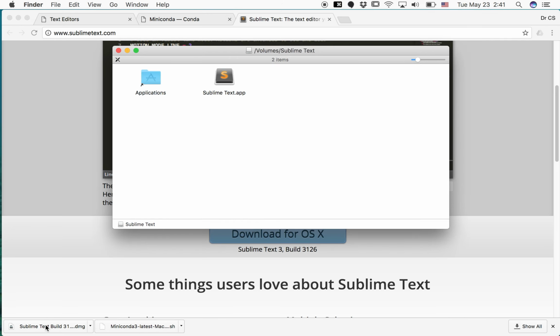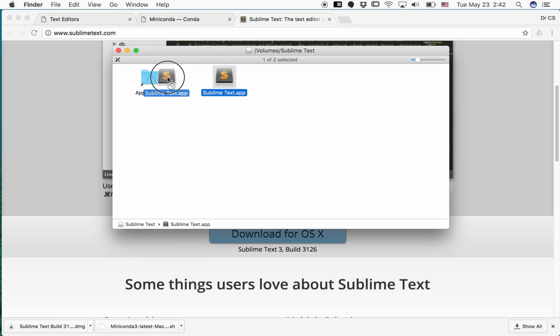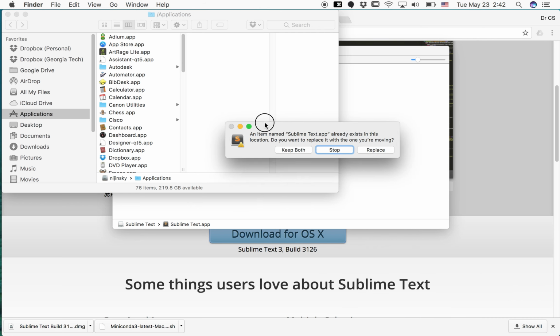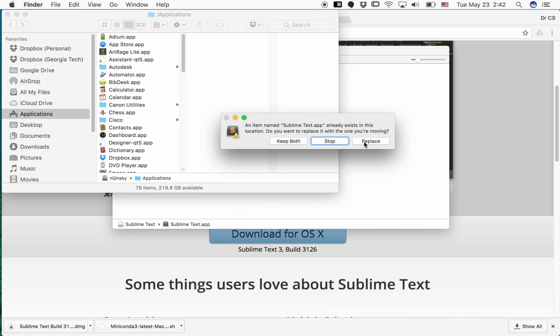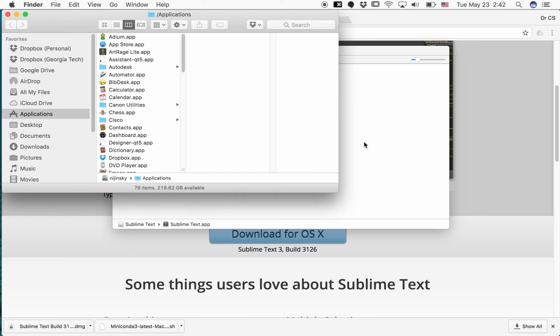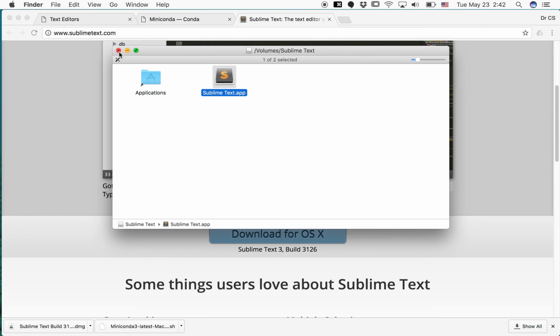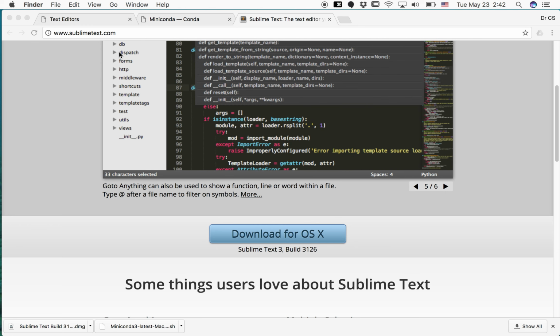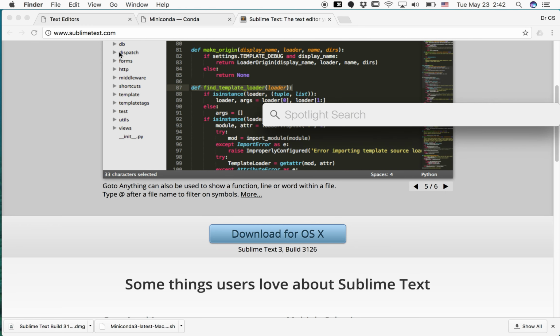Now, as with other Mac applications, the way you install it is you drag the icon from the disk image, and this is just a shortcut to applications, and it says that an item named Sublime Text is already there. Might as well replace it, why not? Okay, so now I have Sublime Text installed. Get rid of these. All right, now to start Sublime Text, I like to use my keyboard,